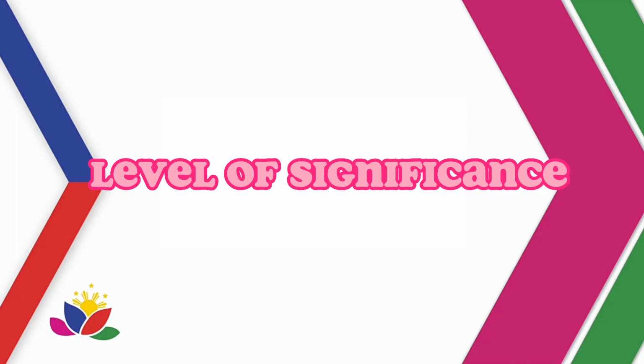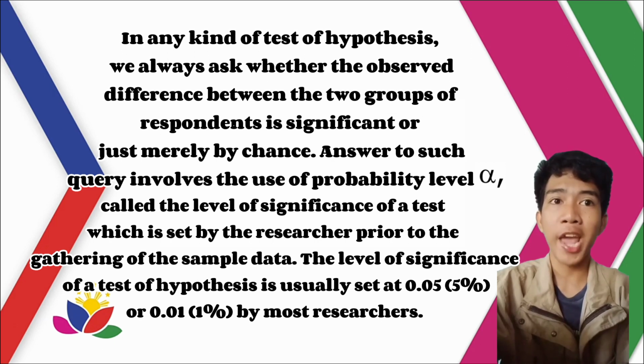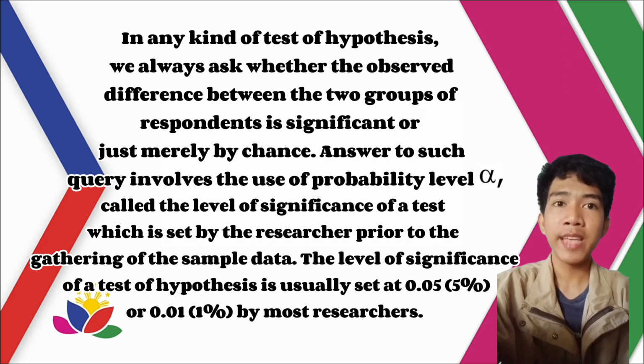Level of significance. In any kind of test of hypothesis, we always ask whether the observed difference between the two groups of respondents is significant or just merely by chance. The answer to such a query involves the use of a probability level, alpha, called the level of significance of a test, which is set by the researcher prior to the gathering of the sample data. The level of significance of a test of hypothesis is usually set at 0.05, or 5%,